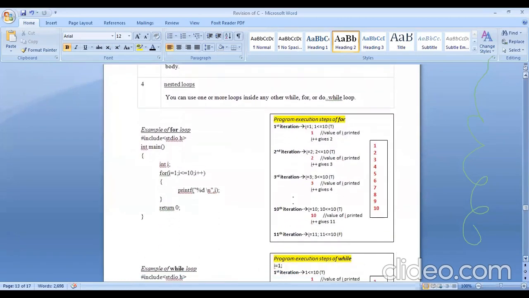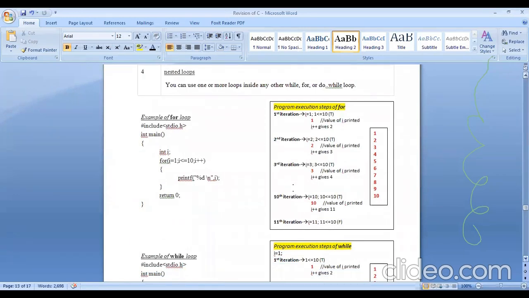Just to give one statement for each, here the for statement and while statement are somewhat similar. They execute in a similar manner. Even do while is the same, except that do while has got a difference. The do while has got a single difference from both for and while, otherwise all three are the same. Anyway, we'll start with the for statement here. See, this is one example.